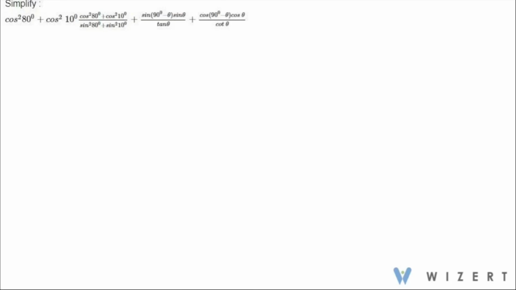We have this question here. We have to simplify this. Now before we simplify, we must remember that cos of 90 minus theta is equal to sin theta and sin of 90 minus theta is equal to cos theta. So using this information, in first two terms,